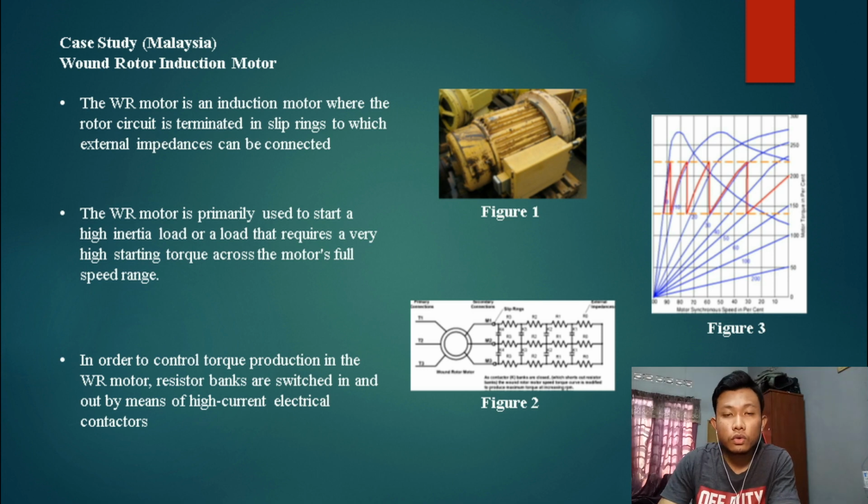In order to control torque production in the wound rotor motor, resistor banks are switched in and out by means of high current electrical contactors. So you can see in figure 2 on the slide, that is the typical wound rotor motor control system schematic diagram. These resistors are called secondary resistors and are sized on secondary rotor amperes and